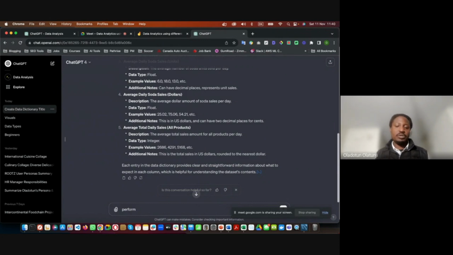Because all you have to do is upload the data into ChatGPT and start interacting with it. In subsequent classes, at another time, we would do more advanced techniques and really use some other tools. But for an entry-level data analyst or somebody who's interested in working with data, this is an easy way for you to